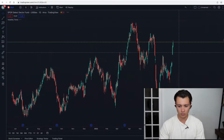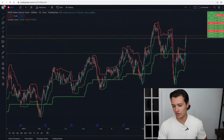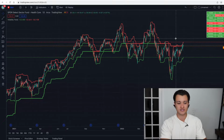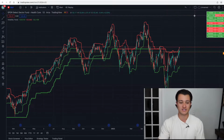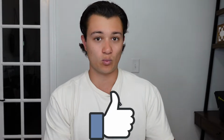Just to give you an idea of what utilities look like. Utilities are almost back to new highs. And then we have healthcare, which really hasn't had that big of a drawdown. And the reason that it's important to pay attention to this, as we mentioned, you don't want to just look at how much the S&P is up off the lows or how much it's up in the last month, right? Given this bear market rally, it's important to see where the money is going and what's actually leading the S&P